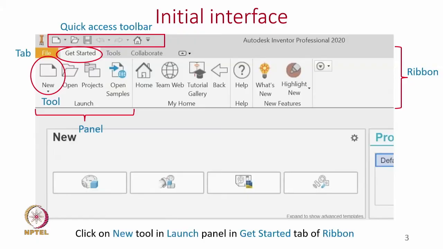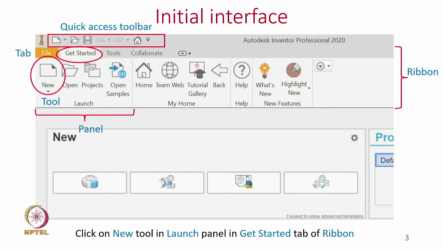So, let us see how to get started with this assembly environment. This is the initial interface which by now we are all familiar with. To get started with the assembly environment, we need to go to the ribbon, then the launch panel, and within the launch panel go to the new tool.